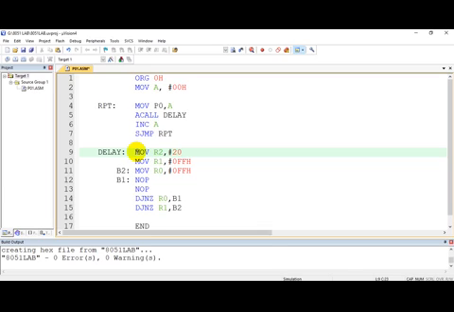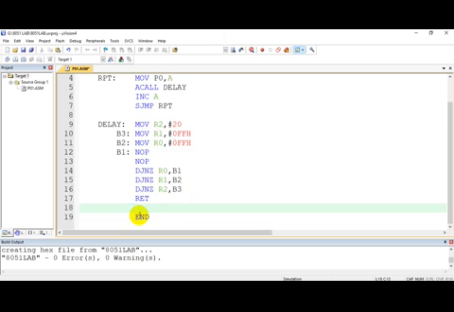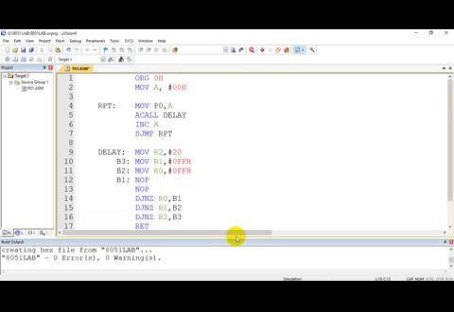If you calculate properly, you can introduce the correct number. But since we have not studied how to calculate the delay, as of now you can note down this delay and use the same delay. Again DJNZ R2, back 3, so back 3 will be here. And remember, the last instruction in a subroutine will always be the return instruction.